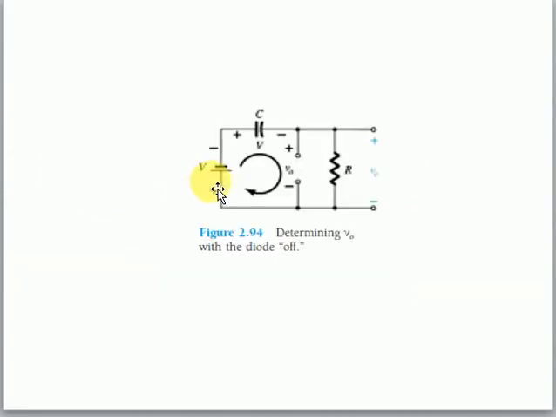So when the negative cycle is here, then the polarity of the capacitor will not change. Why will the polarity of the capacitor not change? As once the capacitor is charged, its polarity doesn't change. Never ever has its polarity changed. That's why it will have the same polarity as that of the previous half cycle.